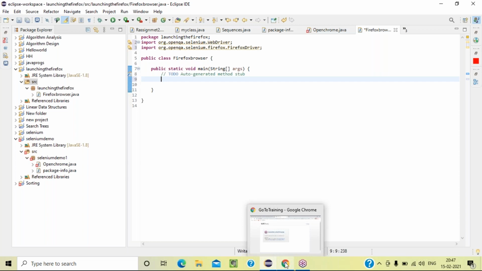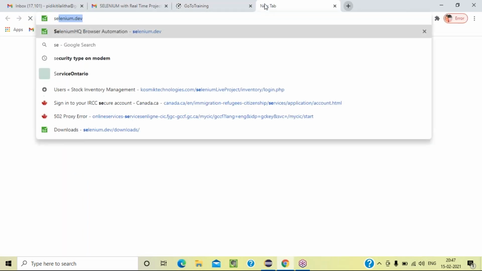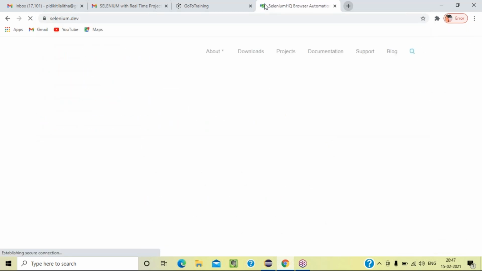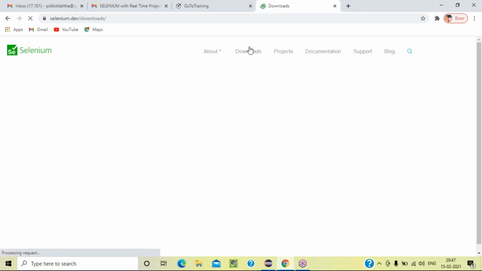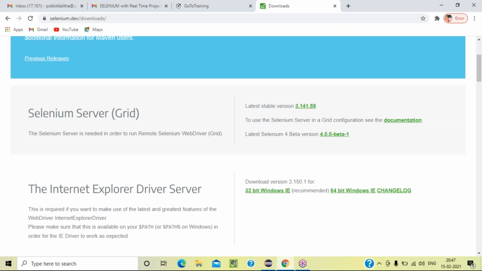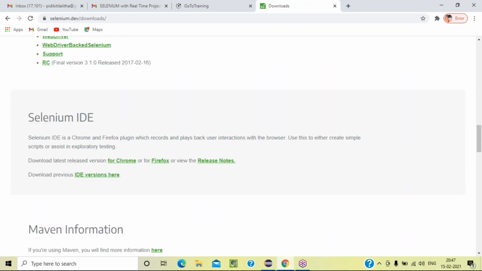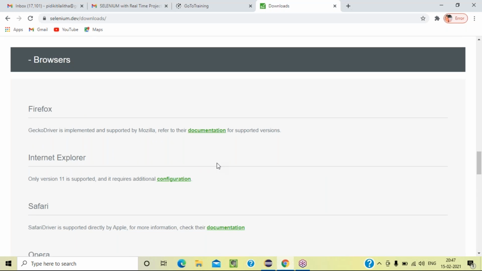Go to the website, dev selenium.dev site. You can go to the dev site. Click enter. Downloads. Downloads. Gecko driver. Come down. In interviews, they will ask you what the Firefox driver means. What is the Gecko driver? The Gecko driver is very, very important. Click that one.